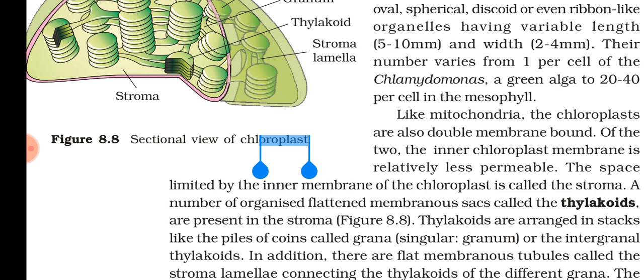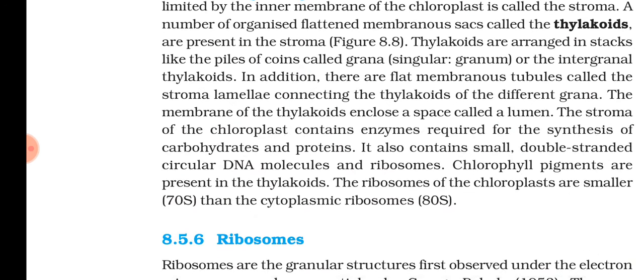membranous structures known as thylakoids, arranged one above the other, and they form the grana. Grana form the site for the light reaction, and stroma forms the site for the dark reaction. And I told you that in the matrix they have various enzymes, DNA, RNA, ribosomes, etc. So I think it is also clear to you.